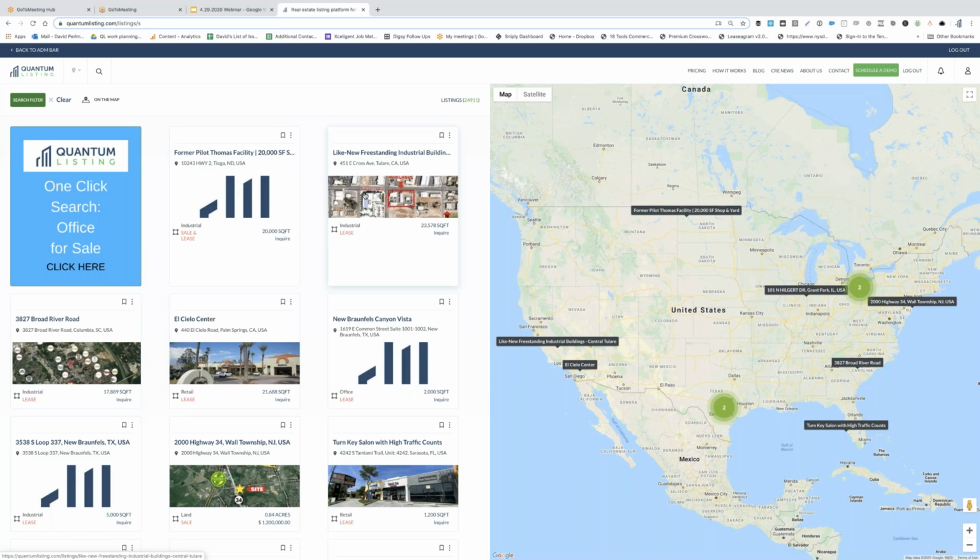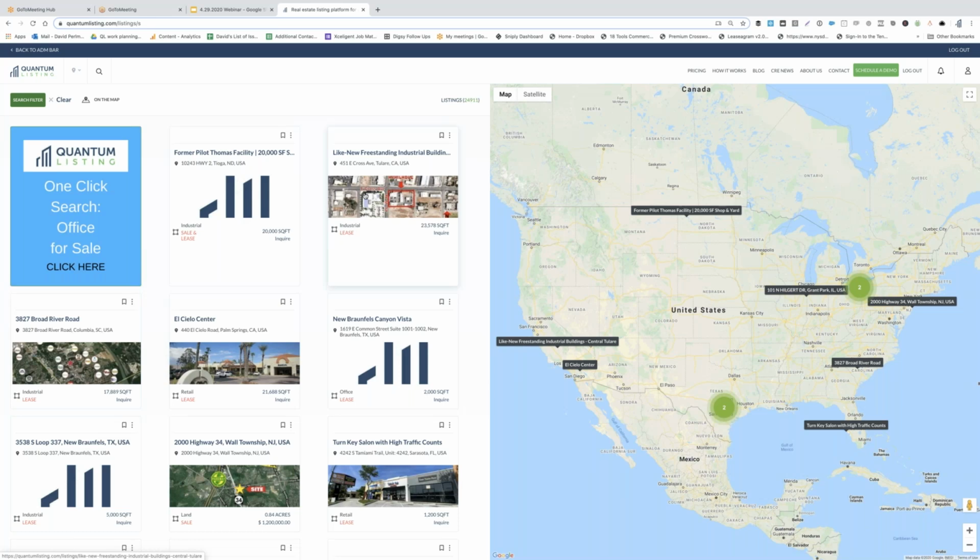We have developed a very innovative way for you to add to your marketing activities and reach more potential customers. More than ever today, in this wacky world we're living in, owners and agents need to find new and cost-effective ways to market their properties. We recently had a blog post, 9 Ways to Stay Connected on Quantum Listing, discussing ways Quantum Listing can be part of your marketing plan, including posting your listings on social media and utilizing our network email blasts. Today we're going to introduce another way our premium members can use our site to reach potential